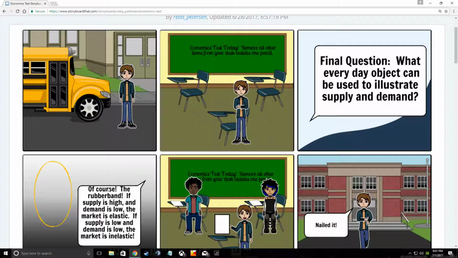So if I had this hanging up in my classroom and it was an economics classroom, the students would be seeing it as they walked into the classroom each day. When it was time for the test, if I was going to be testing on this concept of the rubber band and depicting what the market is, elastic or inelastic, if that was going to be one of the questions on the test, I would remove the storyboard from the wall during the test, and I might have a question that says,